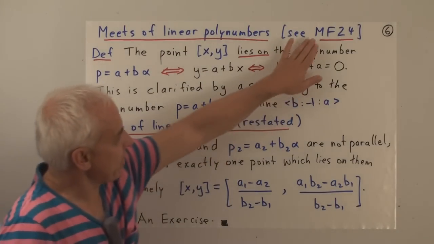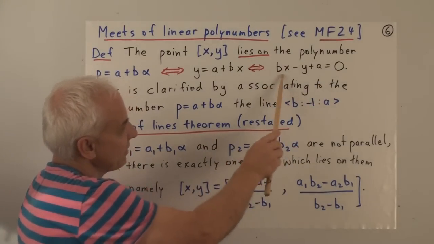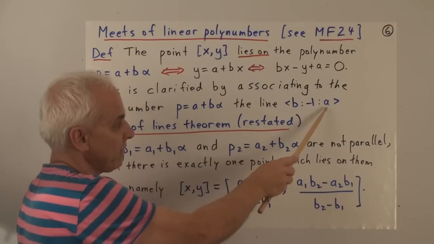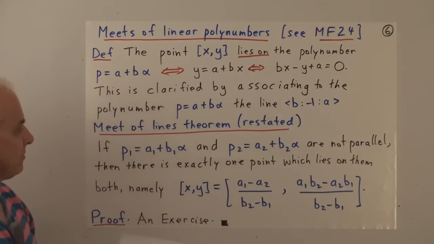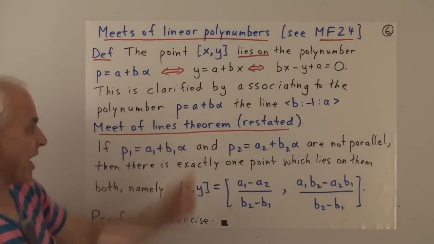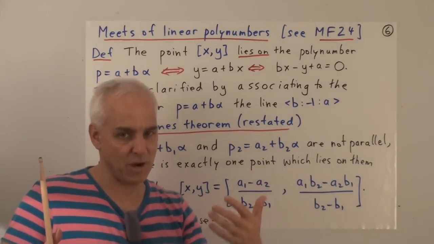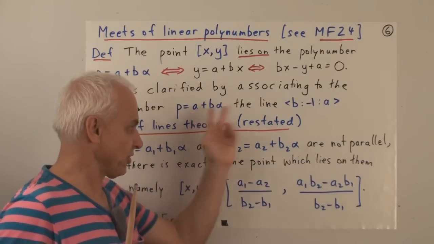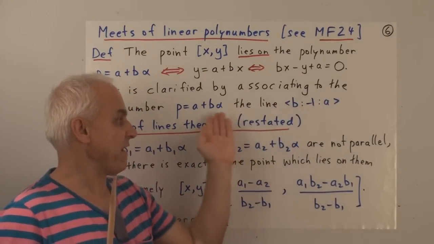And if you go back to Math Foundations 24 and have a look at lines, you'll see that this kind of linear equation is represented by the line that we called ⟨b : -1 : a⟩, with some pointy brackets representing a Euclidean line. So whether we're talking about this polynumber a plus b alpha, or we're thinking geometrically about this line, we're talking about two things which are pretty close to being the same. They're not really the same, but we can certainly, in our minds, compare them and think of them as being effectively the same.